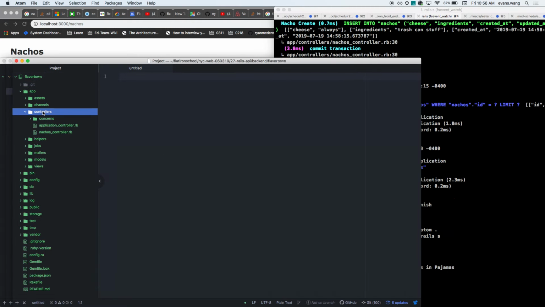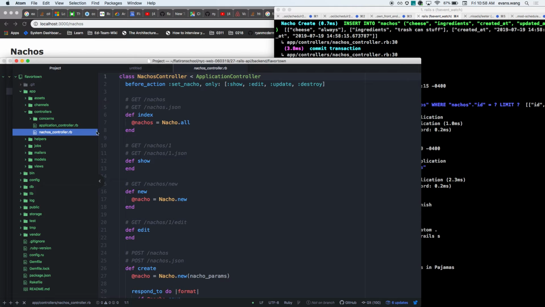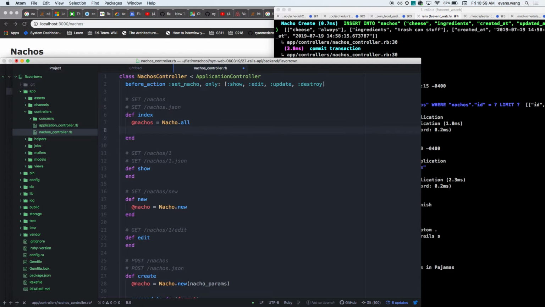We got app inside my controllers. I can look at my nachos controller. And notice it's just like index, right? nachos equals Nacho.all. And what's it actually doing under the hood here implicitly? It's rendering nachos, right? That's what it's doing. Oh, I'm sorry, you're right. It's rendering index. I done goofed. It's rendering index. What this means is inside the views folder under nachos, there has to be some sort of